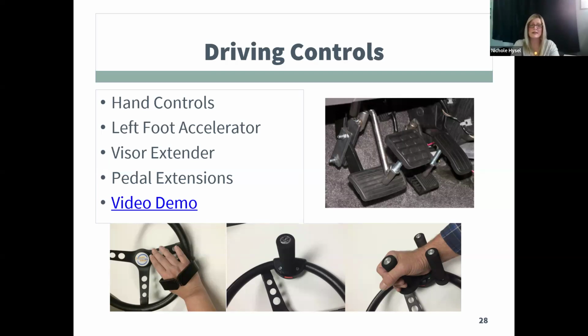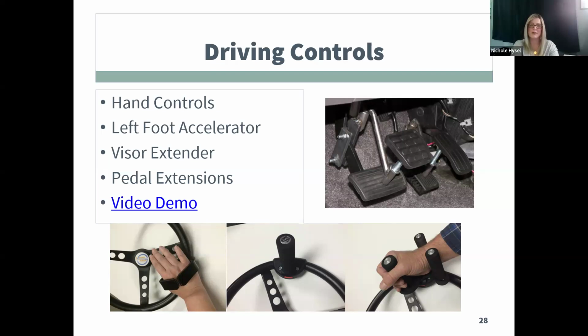So that left foot accelerator is being installed to the left of the brake, and the individual with a loss of their right leg function, whether it be loss of sensation, sometimes they've had an amputation and they just don't have that function in the right side,